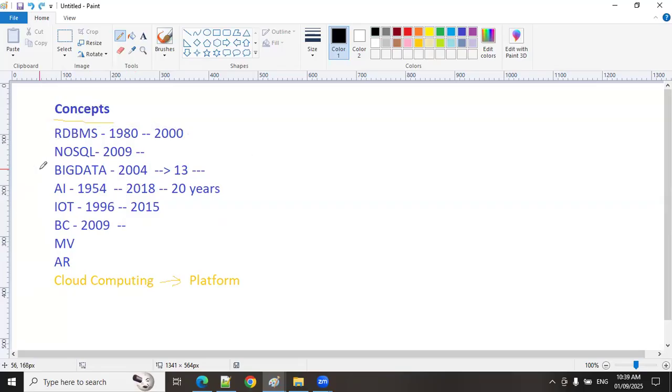Got it? So whichever concept you learn, cloud is required. That is the reason we are into data to cloud. In future, generative AI with the cloud, machine learning with the cloud, agentic AI with the cloud, IoT with the cloud, blockchain with cloud, NoSQL, even RDBMS with cloud also started. So cloud is mandatory for everybody in the IT industry. That's it. But you have to choose which concept you are going to learn. That is your choice.